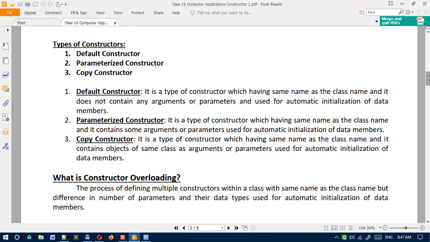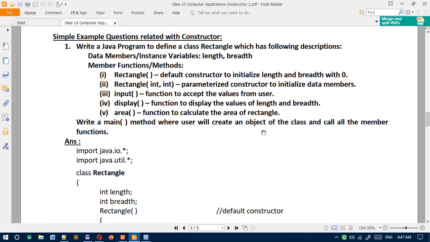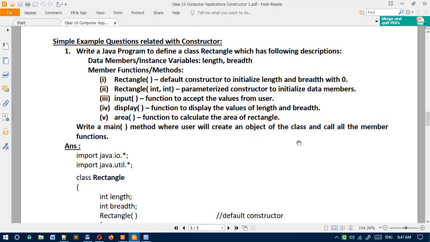I am showing you one example program for the constructor. The constructor based program is coming like this. On your screen there is a question, you can see clearly.